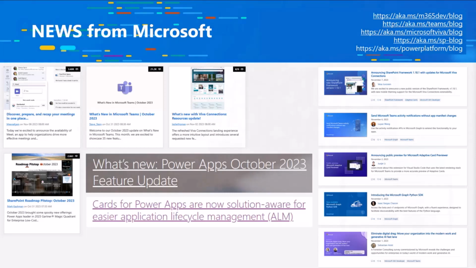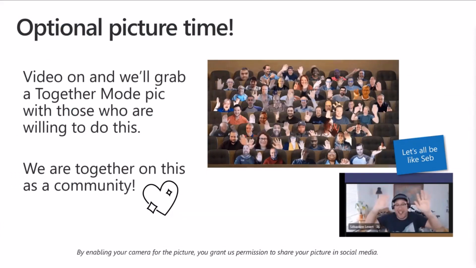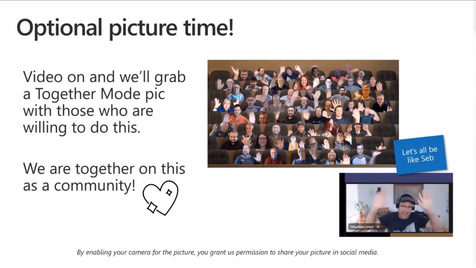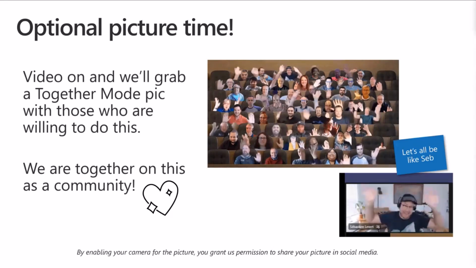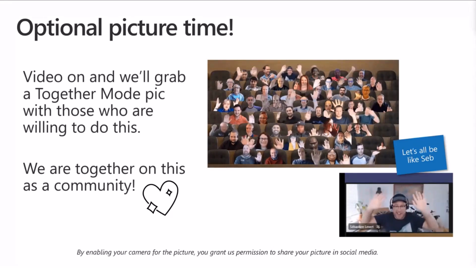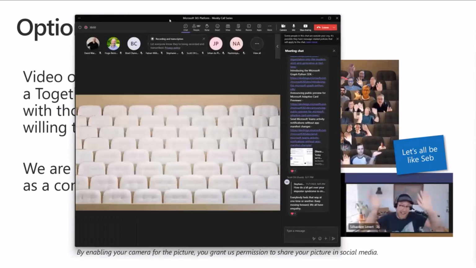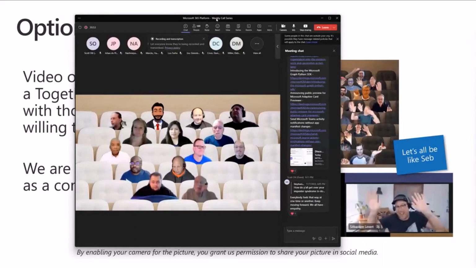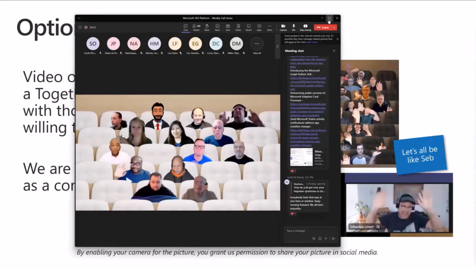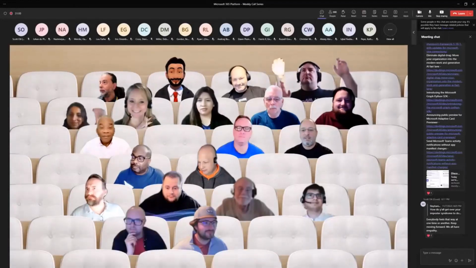Now, before we go to the actual demos today, let's do a quick group photo. Let's see how well this works today. So I will flip everybody to Together Mode, and I will move you into the picture in a second. And here we go. Moving. Crossing fingers. Yes, I can see Dan. Ooh, it's almost pixel perfect. This is amazing. We have a few seats still in the room. I'm not going to enable my camera because now it's pixel perfect.